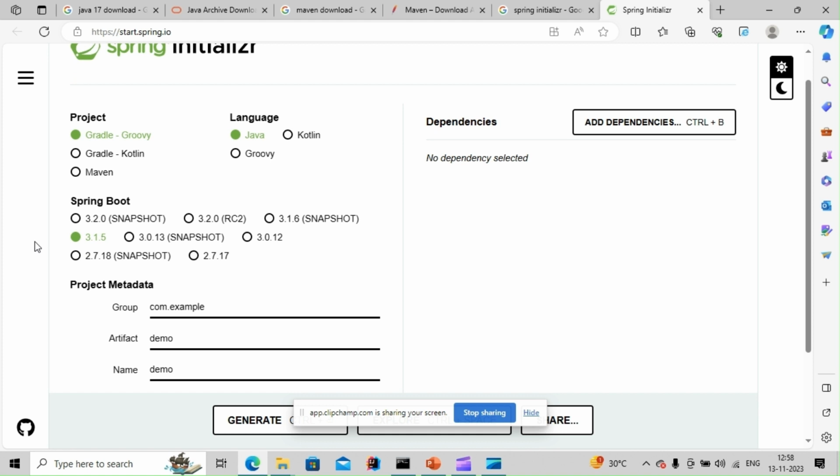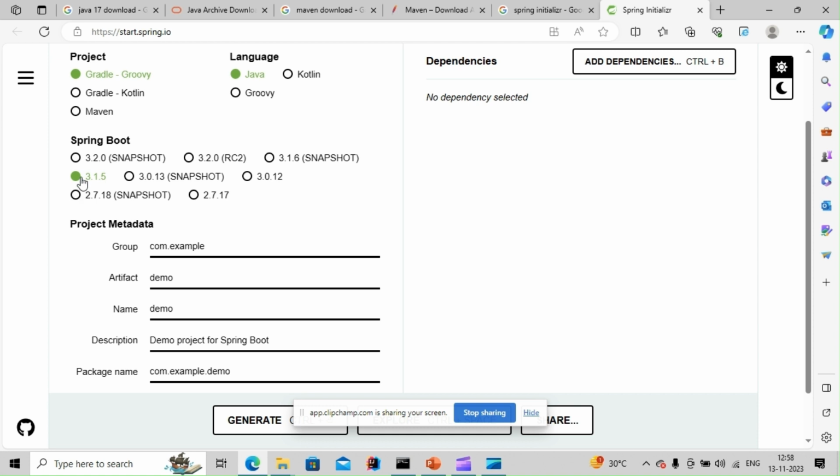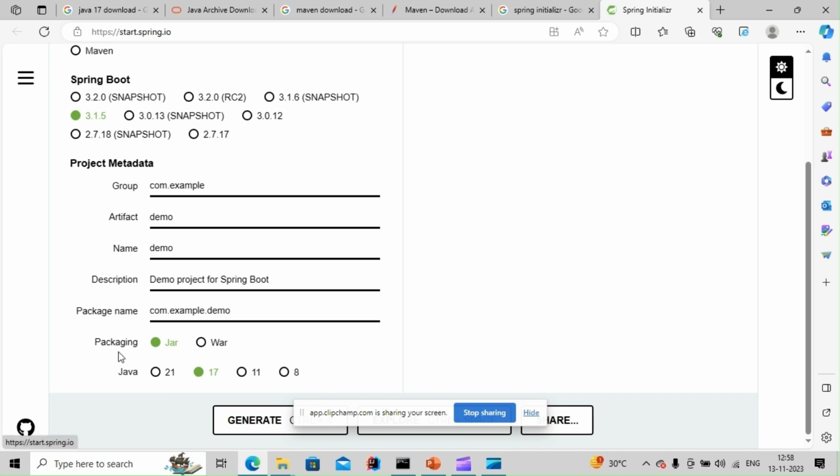You can see by default 3.1.5 is selected in the Spring Boot section as this is the stable version, and Java 17 is the compatible version with